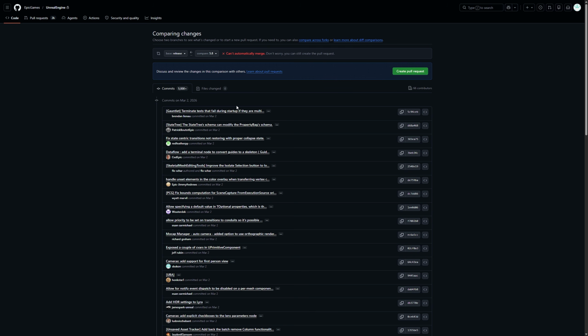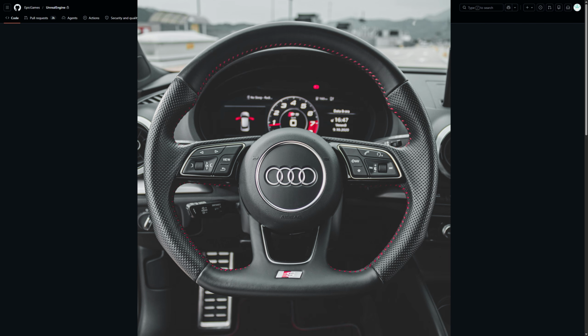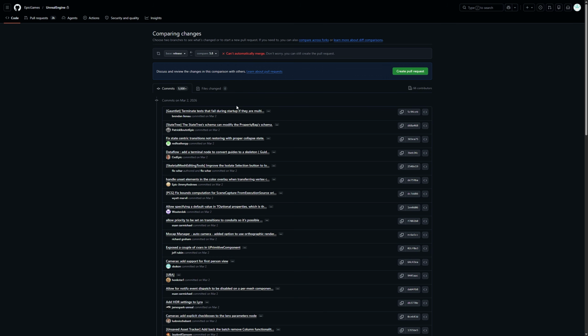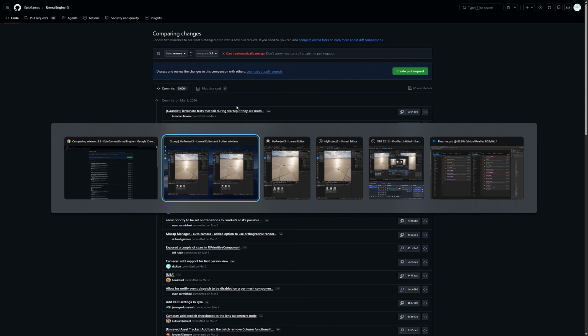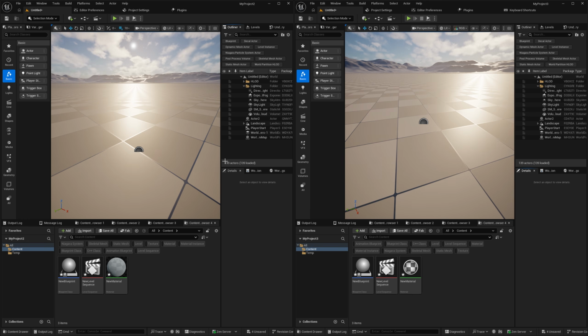The editor you can think of as more like your console, how you use your engine or your car, and other plugins are more like new features that you keep adding to your car. It could be a first party plugin or a third party plugin. So I did a small comparison between the two versions,